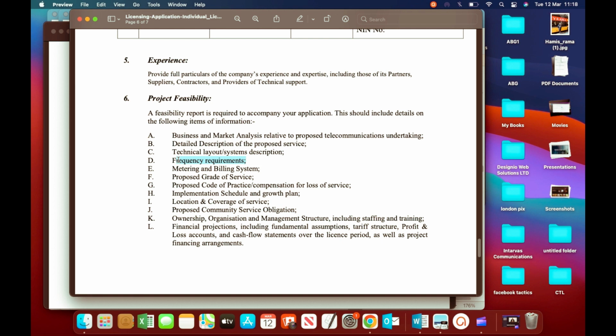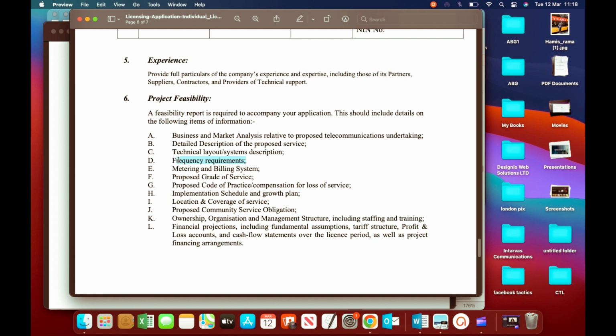Then going to point number 7, which is implementation schedule and growth plan. Here you have to state the schedule you intend to pass through before you get to the rollout of your service. Probably if you intend to deploy your network or your service in 6 months, you have to state for the first month, what are you going to do? Is it about staffing?